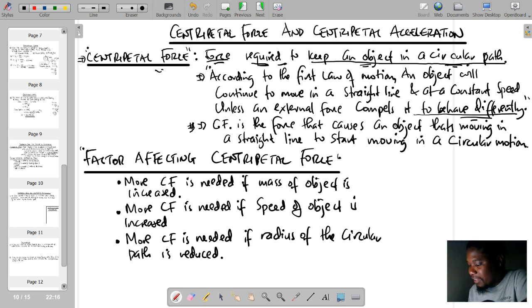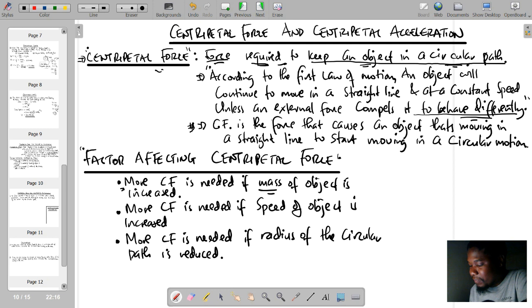One of the reasons why it will be harder with the cow is because the cow is a heavier object. And so for you to keep it in a circular path, it takes more force. Okay, so here they're saying more centripetal force is needed if the mass of the object is increased. In other words, centripetal force is directly proportional to the mass of the object. The greater the mass of the object, the more centripetal force you will need to keep that object in a